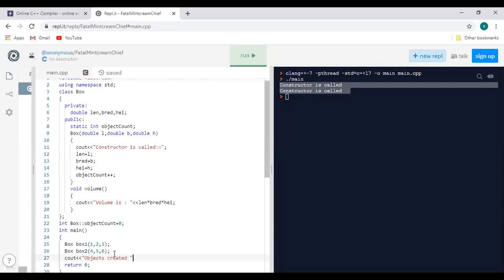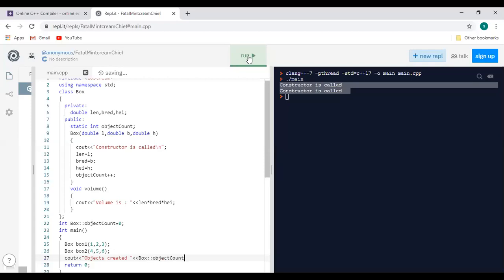How are we going to call that static variable? The syntax is directly with the help of the class name, scope resolution operator, and then object count, and we will display it.